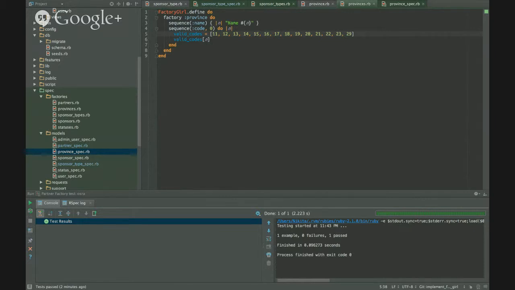I mean, at some point, since we were validating both uniqueness of these codes and their presence in this array, sooner or later in the test suite, you will run out of numbers. And I don't know how to make the factory then fail gracefully and still not break the test. Again, like I said, I think that's a very unlikely scenario, but maybe somebody will come up with a suggestion here. So anyway,